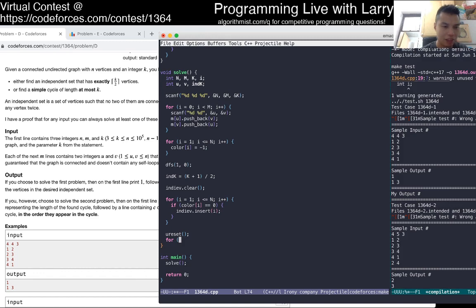I guess we actually don't need the union find now that maybe I think about it, because I was worried about the end. Okay, well, we'll remove it later.